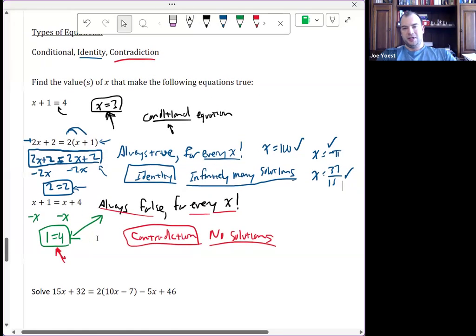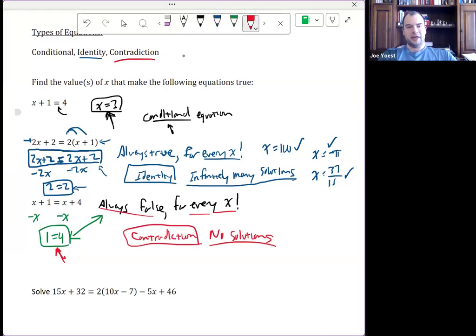So practically speaking, just to bring this point home, if I do my equation solving steps to x plus 1 equals 4, I subtract 1, and I get x equals 3. That's my condition. If I ever do my equation solving steps validly and carefully and do the arithmetic properly and end up with all of my x's going away,